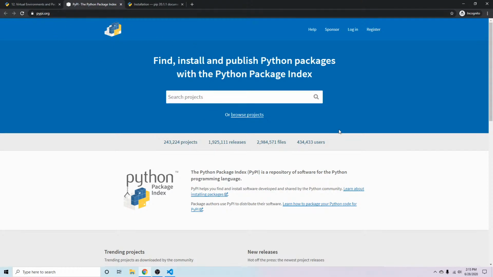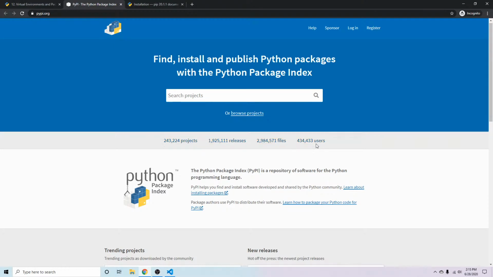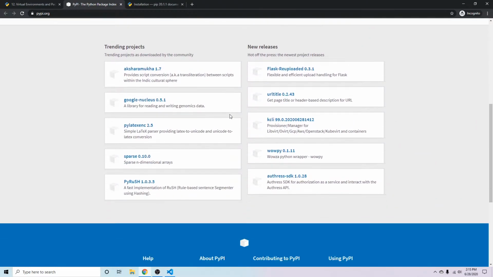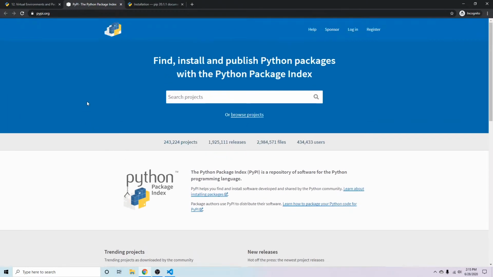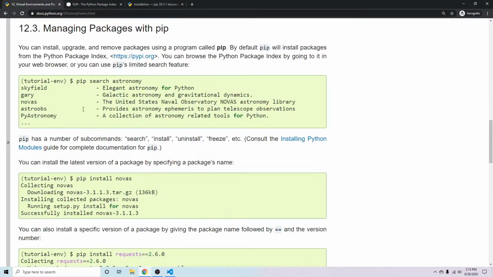and see all the various different packages that are available. There's quite a lot of projects and releases. So you can imagine if you want to do something, it's probably already programmed for you, or at least to make your life a little easier. So it's always a good place to start in order to search through projects. But going back to here,